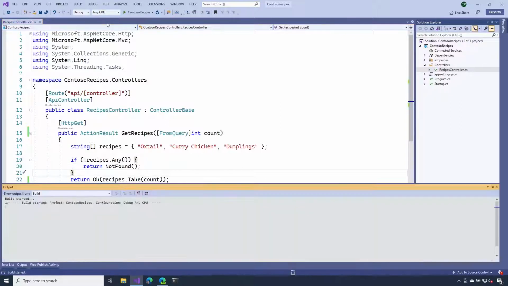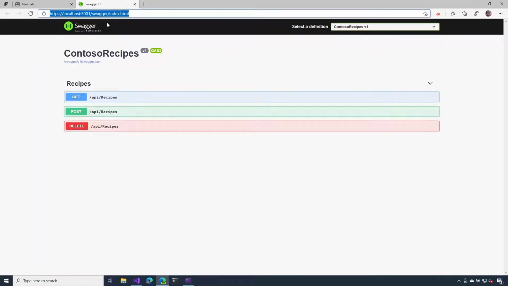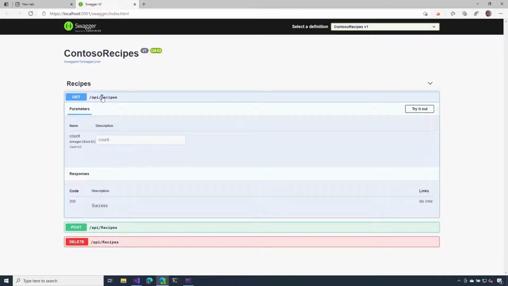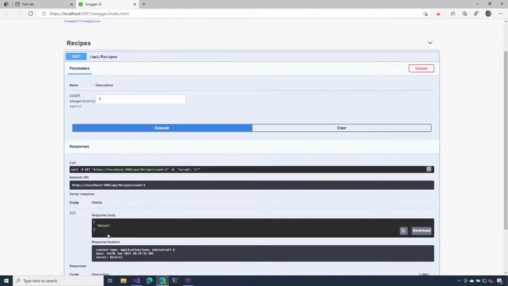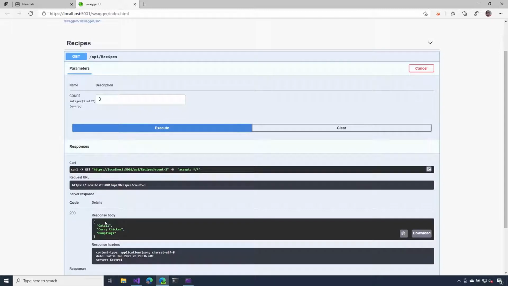Let's go ahead and run this and see what happens. Now that my Swagger UI is up, let's inspect that get operation. Notice that I have that count parameter available for me to use. And I could give it a value and let's execute it. 1, so that's the right number, and then 2. There you go. So we know that the right value is being pulled out of the query string and supplied